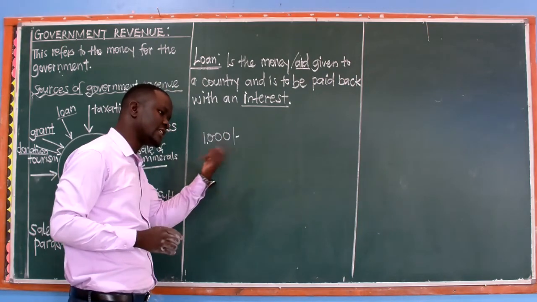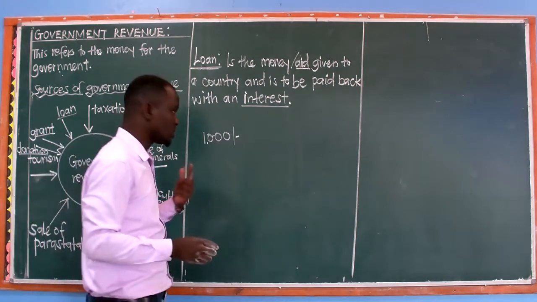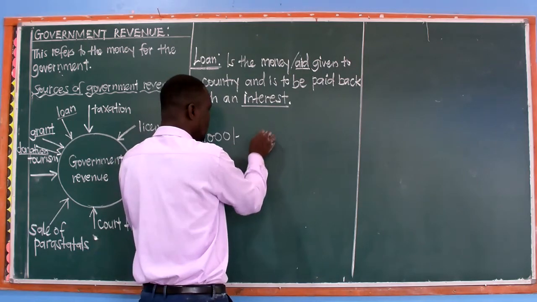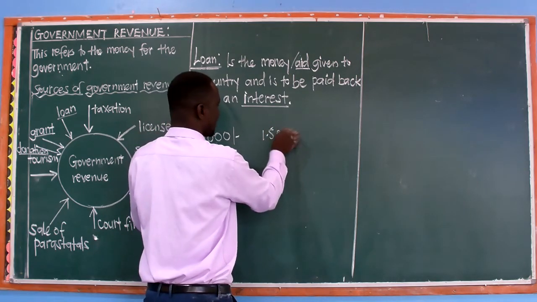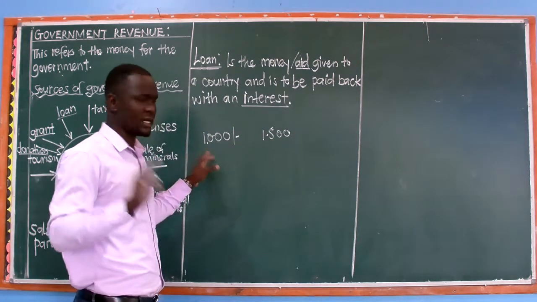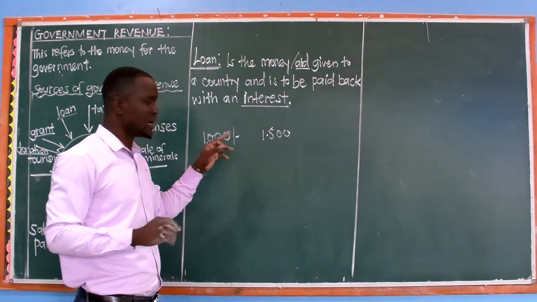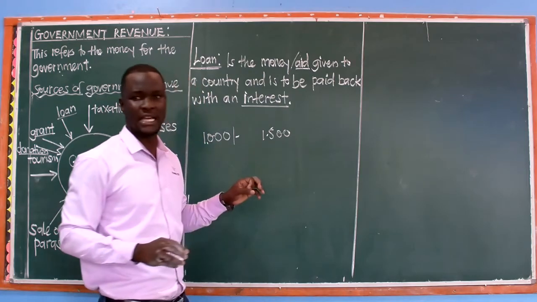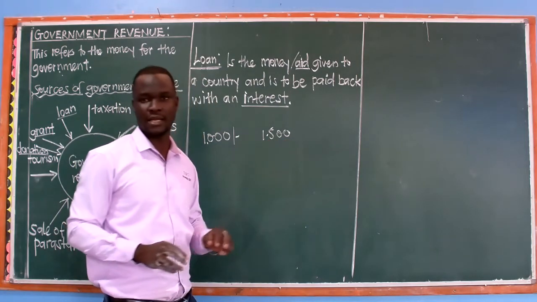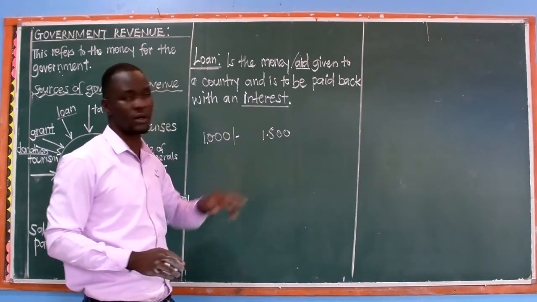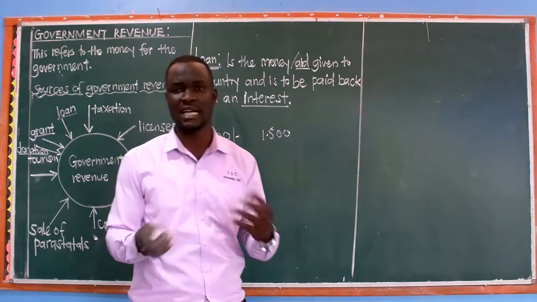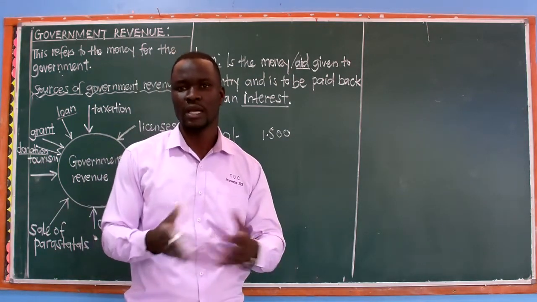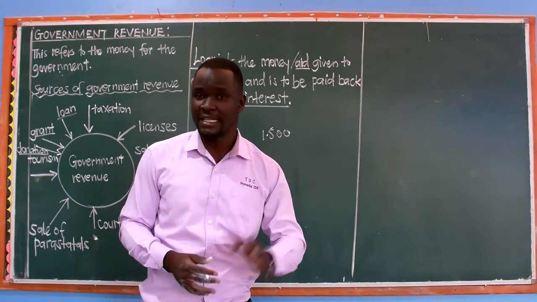But when you are giving it back to me after a week, make sure you give it to me when it is 1,500. You can imagine, someone gave you 1,000, but you have to give back 1,500. What has been added? 500 has been added. That 500 becomes what we call the interest. It is always calculated according to the rate. So that is about a